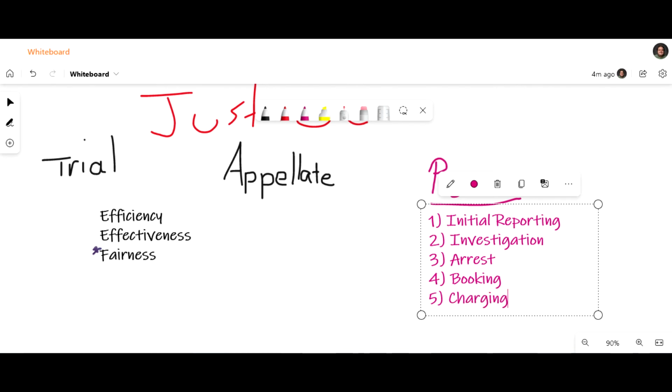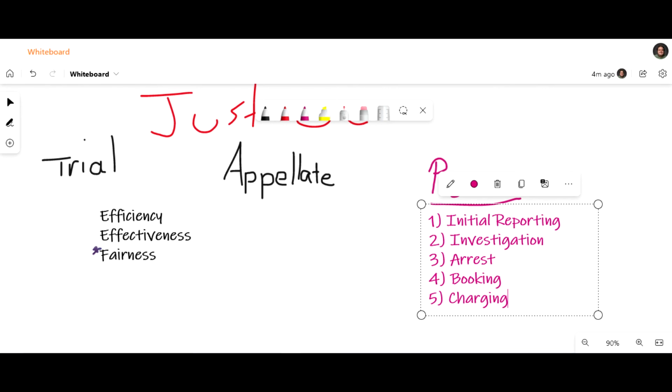After the booking is the charging. And charging is where law enforcement and prosecutors decide what crimes, if any, to pursue. If there's enough evidence to present, they will move forward to an actual criminal trial, or attempt to. So up until this point, the